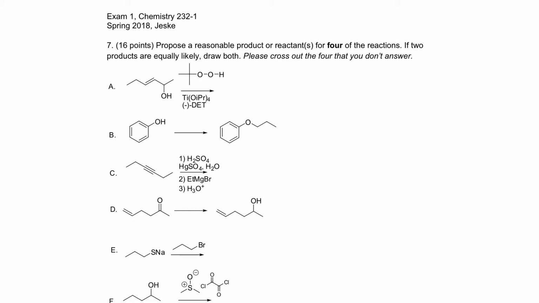Question 7 basically just asked to predict the products. I didn't have too many issues with this. Most students had no problem. So this is asymmetric epoxidation. This is a minus DET. And so when we draw our